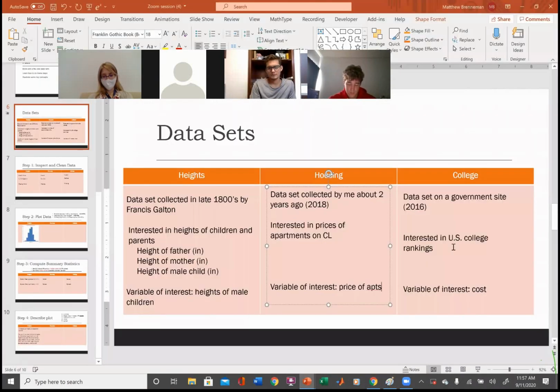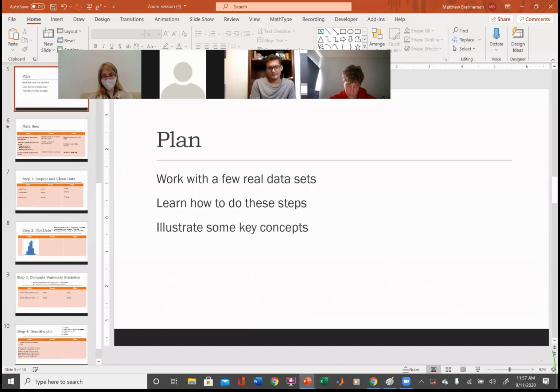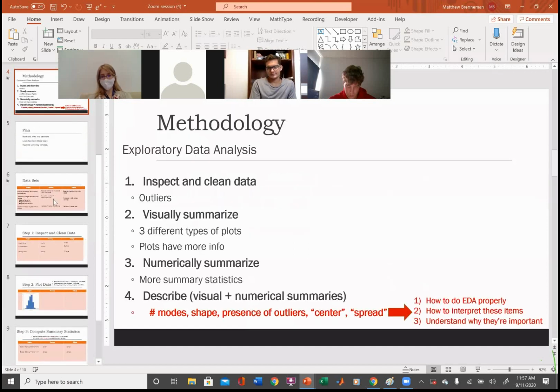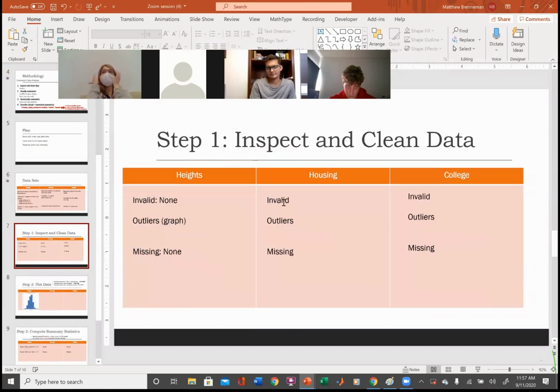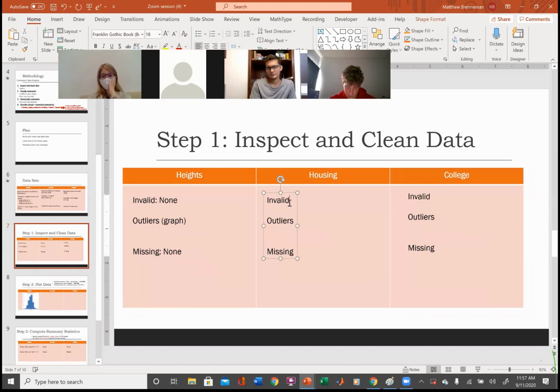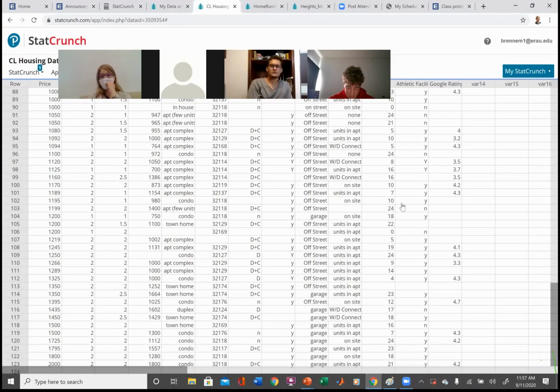So if we go back and kind of fill in our blanks here, right? And outliers, again, we're gonna wait on outliers, okay? So we have no invalid data values. And so with missing data values, it's a little open to interpretation, right? Because if you go back and look at the data set, there's a lot of missing data values, okay? I'm just interested in this one variable. So for this one variable, I don't have anything that's missing, okay?